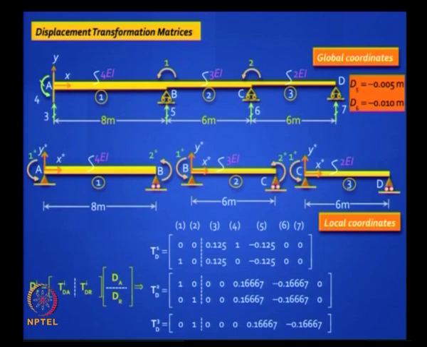Global coordinate 4, yes. Global coordinate 4 is here. You have a unit rotation, it will affect only beam element 1. You have to be careful when you read these rows. This is 1 0 0 0 0. It's my fault, I didn't align all the rows and columns correctly. Is it clear? No mistake, everything is fine. We'll proceed.